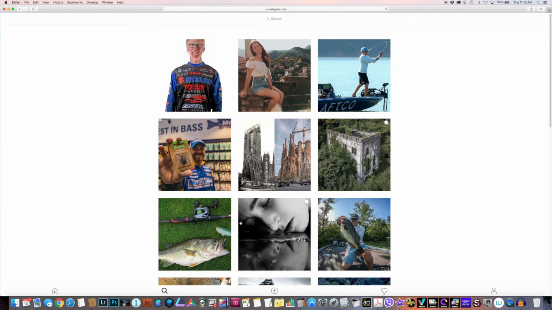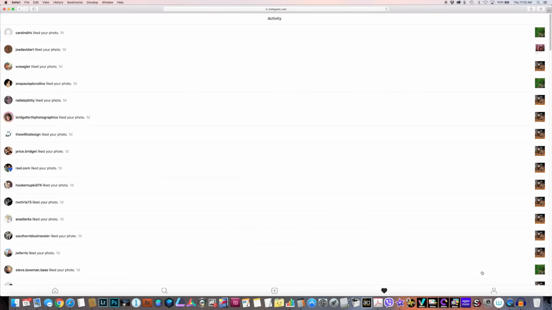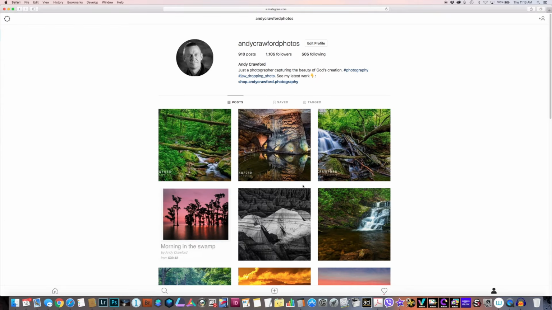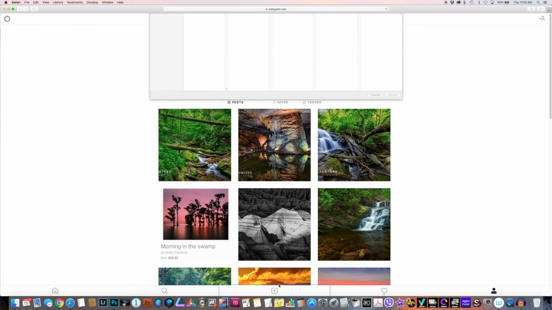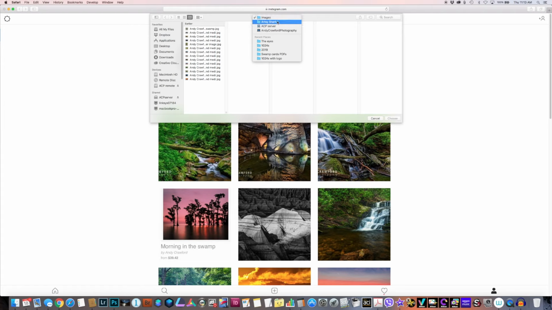You can search. You can look at people who've interacted with your feed. You go see what your feed looks like, edit all of your information up here. And here's the golden part. You hit the little plus down here, and you can share